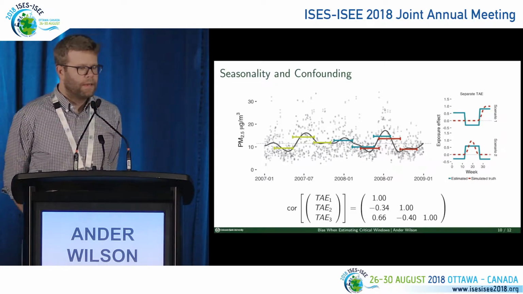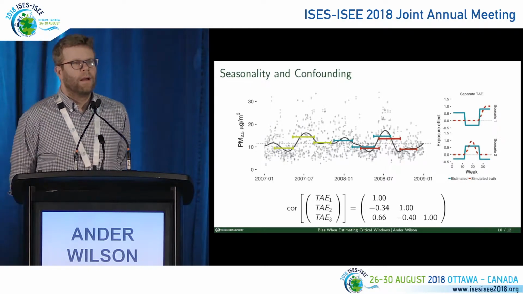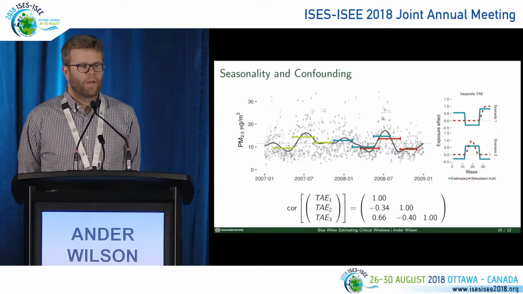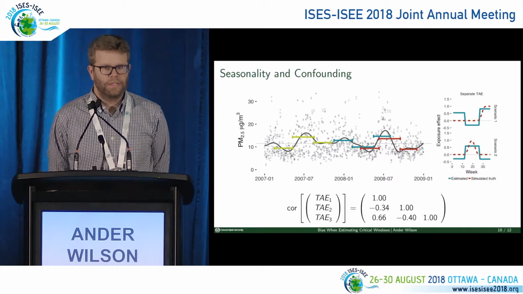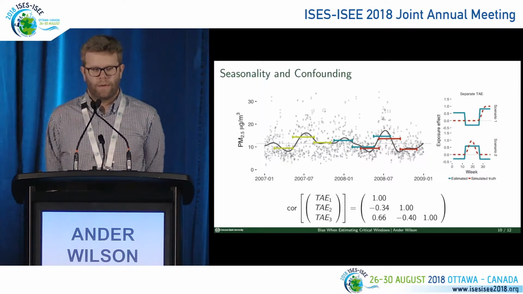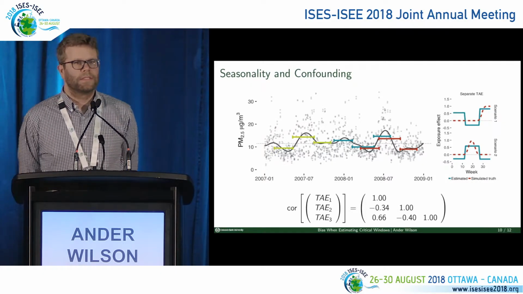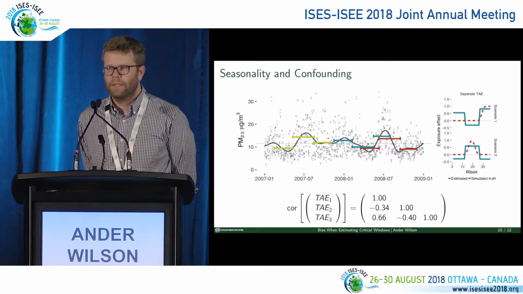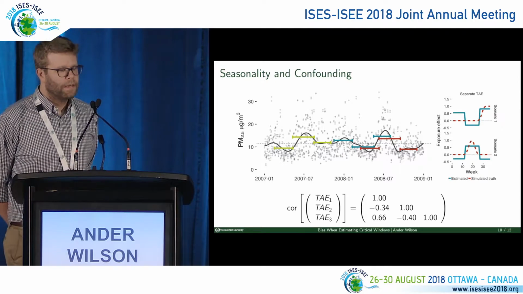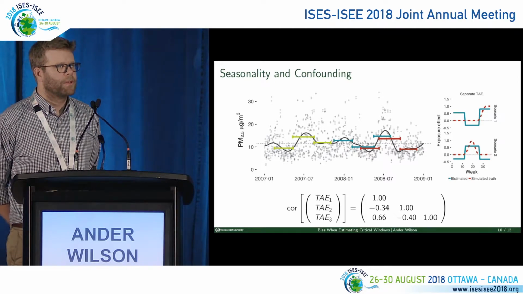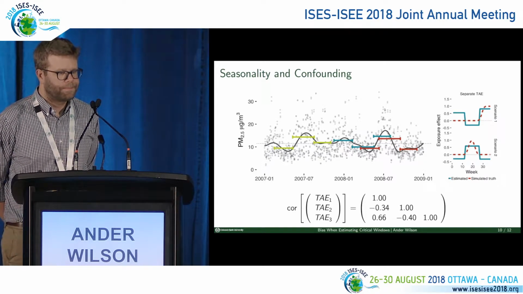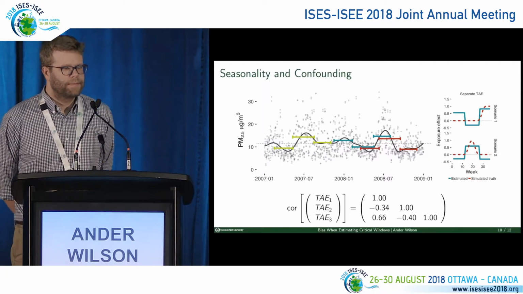And so this oscillating pattern over the whole population gives us correlation between the trimester average exposures. That's shown in the bottom for the ACCESS cohort. So we get a positive correlation of 0.66 between the first and the third trimester average exposure, but we get negative correlation between the second trimester average exposure and both the first and the third. All right. So why does this matter?